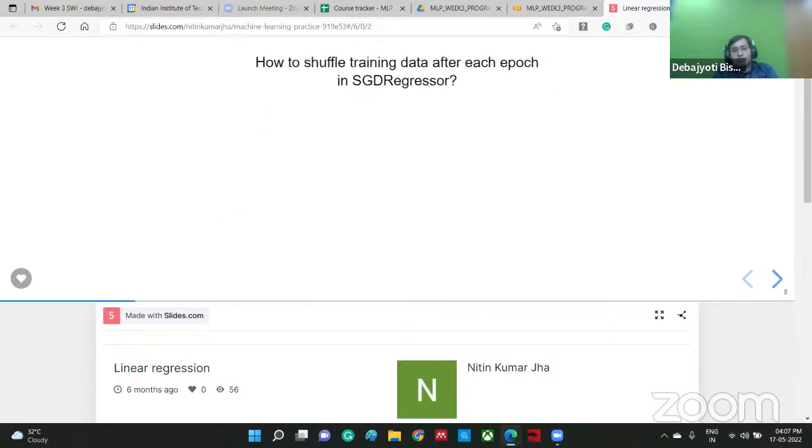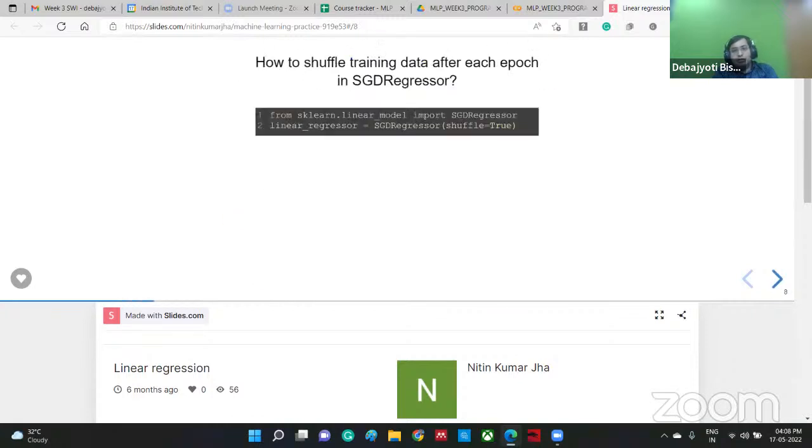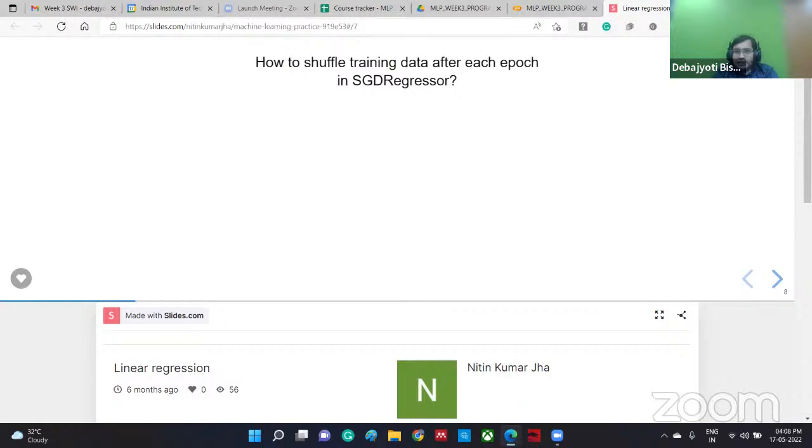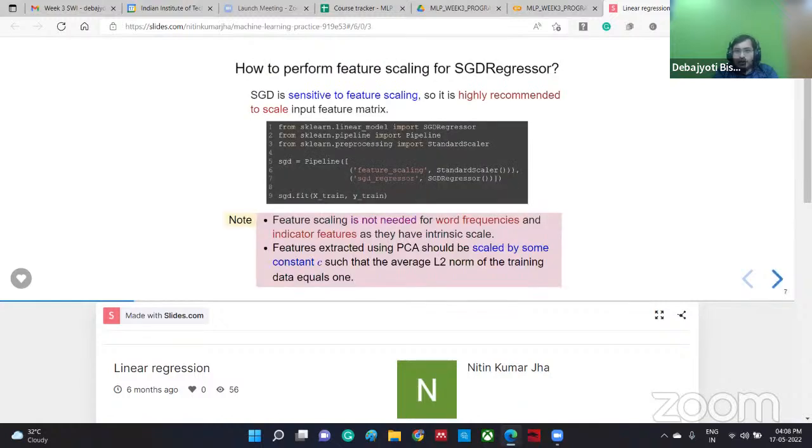Now, we will come to how to perform feature scaling and how to shuffle training data. All these questions are important for SGD regressor, so you have to look into it and see what is exactly happening for each of these questions, right? Because